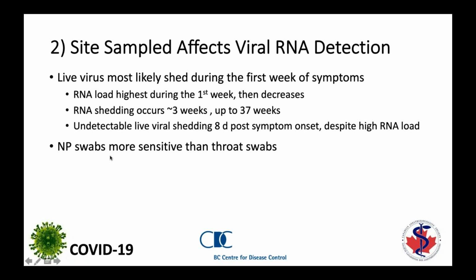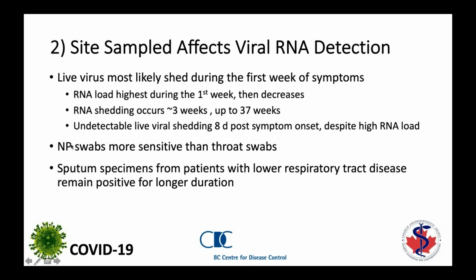Studies have also shown that nasopharyngeal swabs are more sensitive than throat swabs. And so when you collect a nasopharyngeal swab in parallel with a throat swab, they're generally equivalent, but there may be some fine details and differences. Some of those that are starting to arise include that in the earlier course of illness, the NP swab might be more sensitive, while towards later parts of the illness, particularly if there's a lower respiratory component, a throat swab might be preferable. Again, there are very few studies that have looked at these, and the numbers within the studies are relatively small. So we're still learning about the optimal sample types.